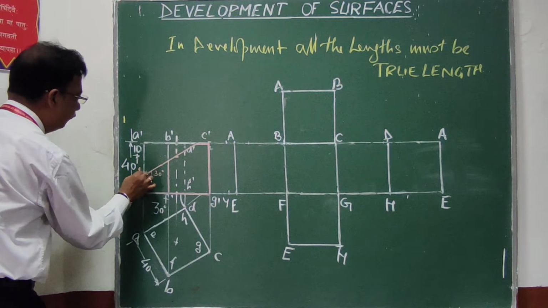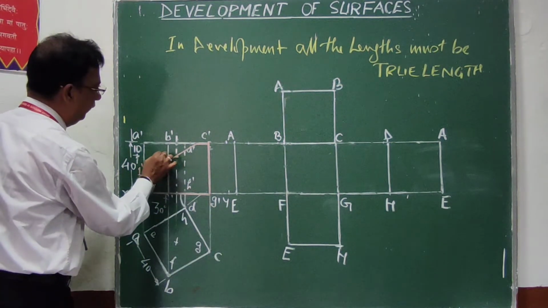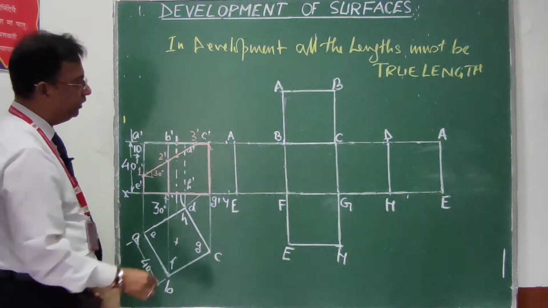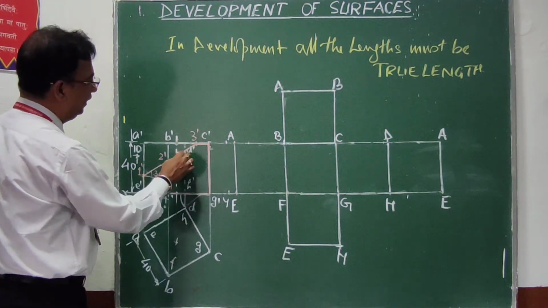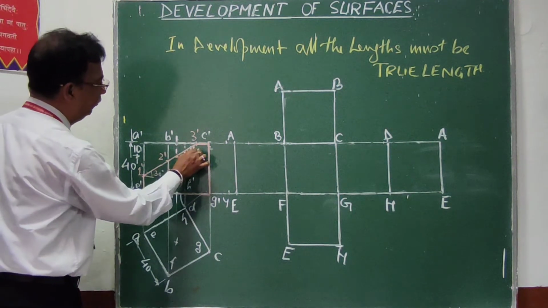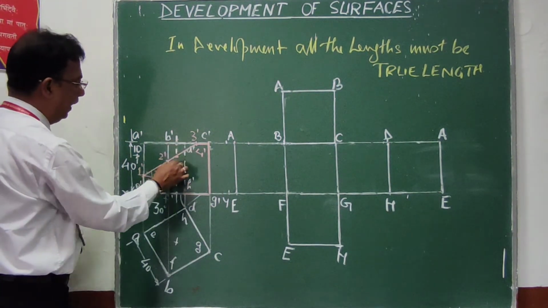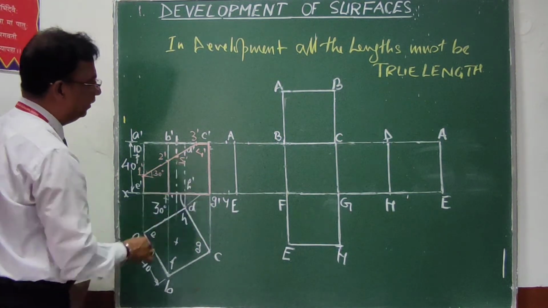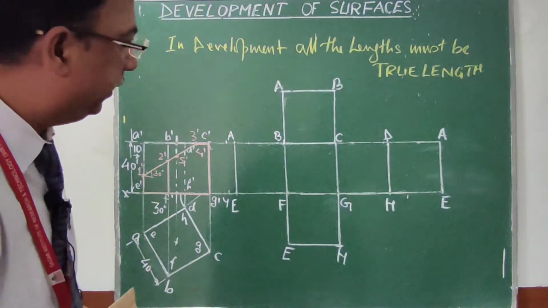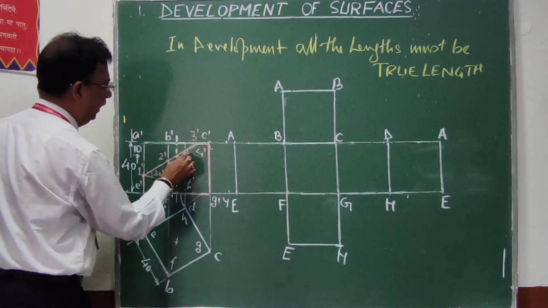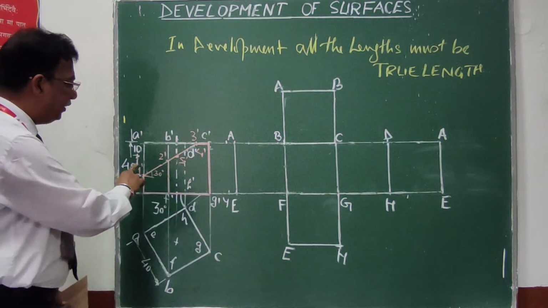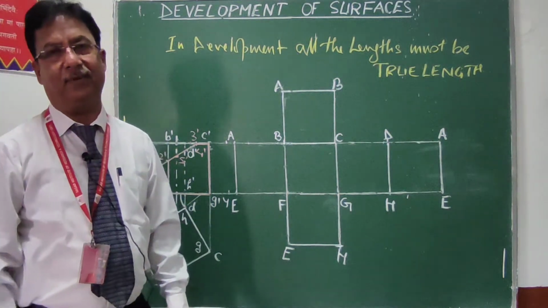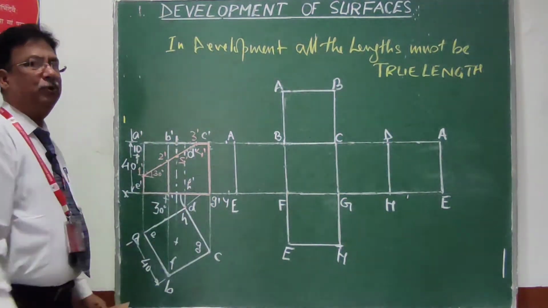So suppose I will name this 1 dash, this second point will be 2 dash, then on the base there another point that will be 3 dash. In the base there will be a line BC and second will be line CD. So other point will be 4 dash. Back on this line, that is the back side line, that is DH, so that is 5 dash. So if you see on this figure, this solid will be cut by 5 points. If I shift all these 5 points in the development and join in the same sequence, I will get the development of the given lower part of the solid.